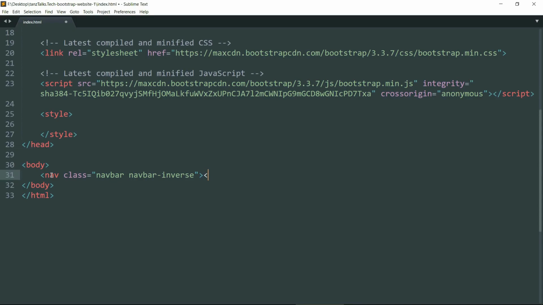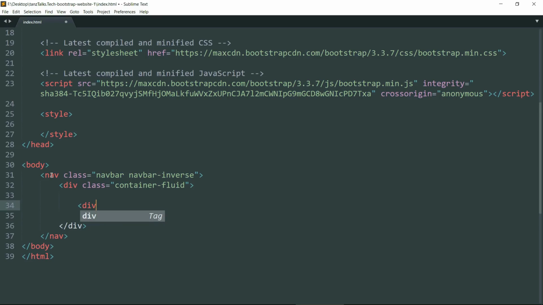Now let's close the nav tag and create a div tag and give it a class of container-fluid. Now this container-fluid makes sure that the container spans across the width of the screen.